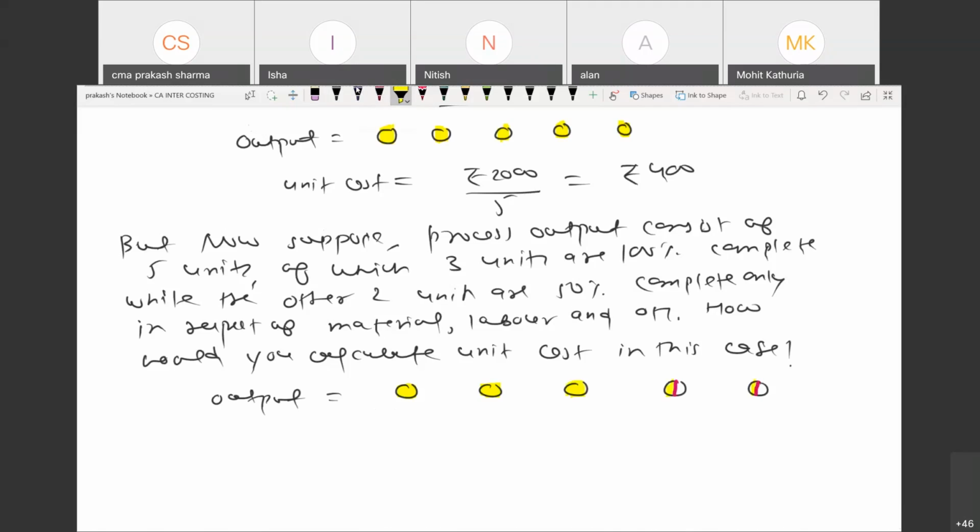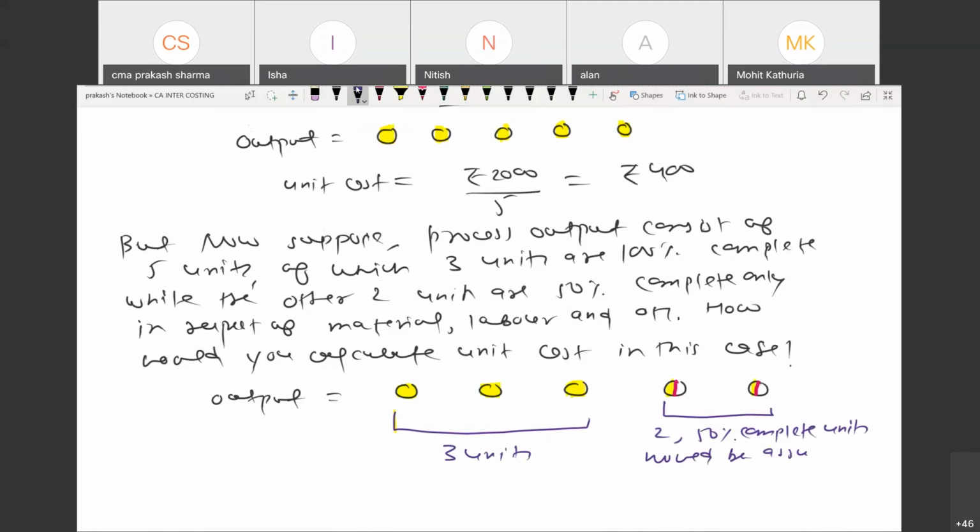So how do we calculate equivalent unit in this case? So what would I do? I will write these are 3 units. These two 50% complete units would be assumed as